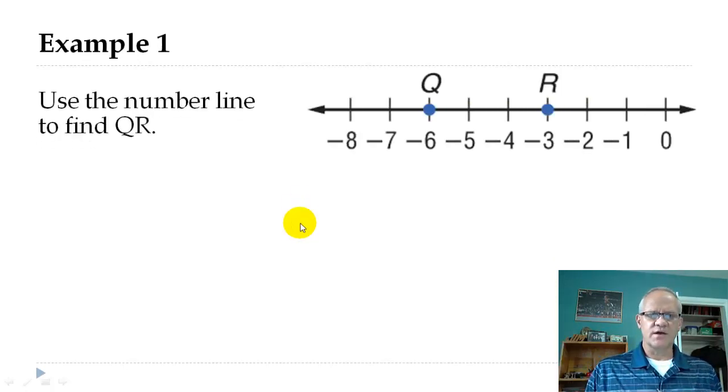All right, here's our number line. Granted, again, we can just count this out. From Q to R, we could just go 1, 2, 3. Oh, it's 3. Okay, very easy. But let's take a look at our little formula there as well. So if we were going to find